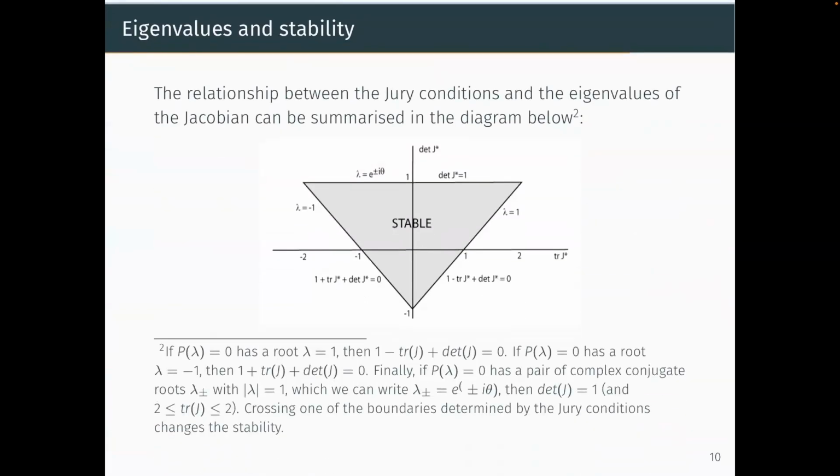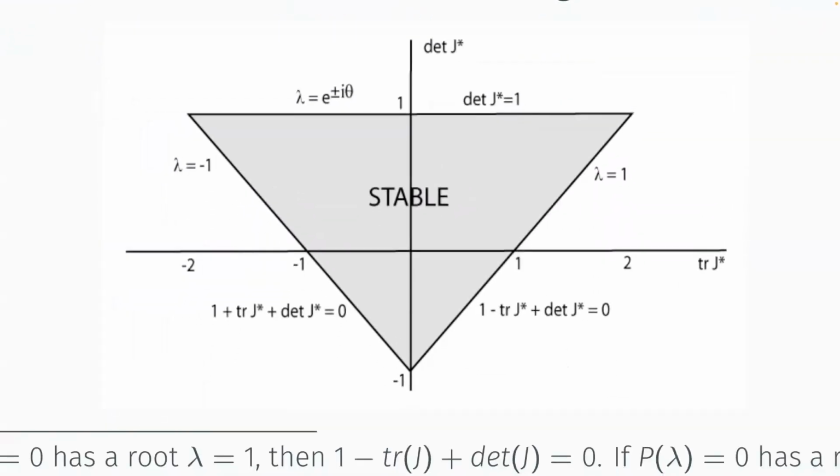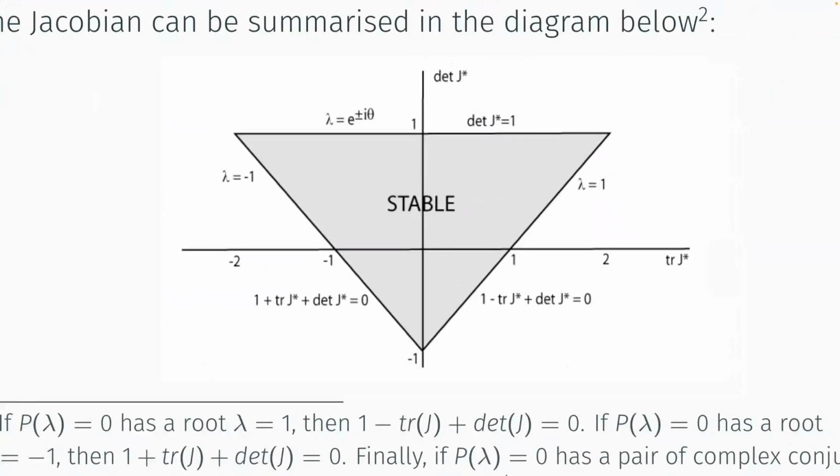So this is essentially what's going on graphically. If I zoom in a little bit to see it a bit clearer, these 3 conditions are essentially giving you these 3 lines here. Okay, so this top one here is when your determinant is equal to 1. So if your determinant is less than 1, then you're below that line. We've got our determinant on the vertical axis and our trace on the horizontal axis here. These are just numbers at the end of the day, or they'll be, if you substitute parameters in,